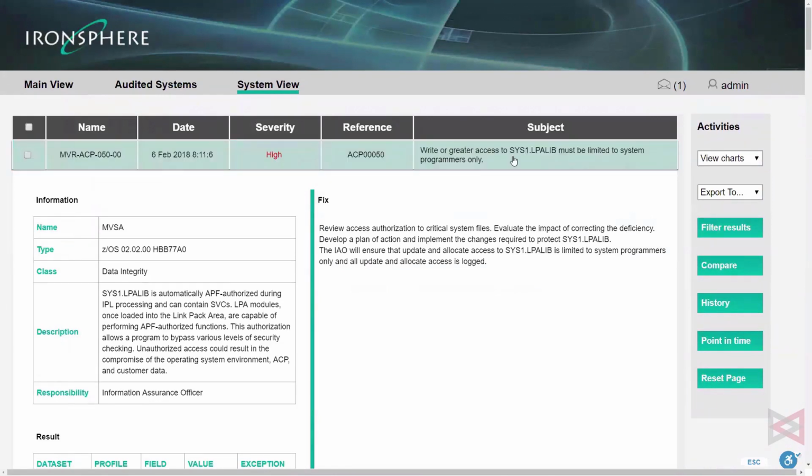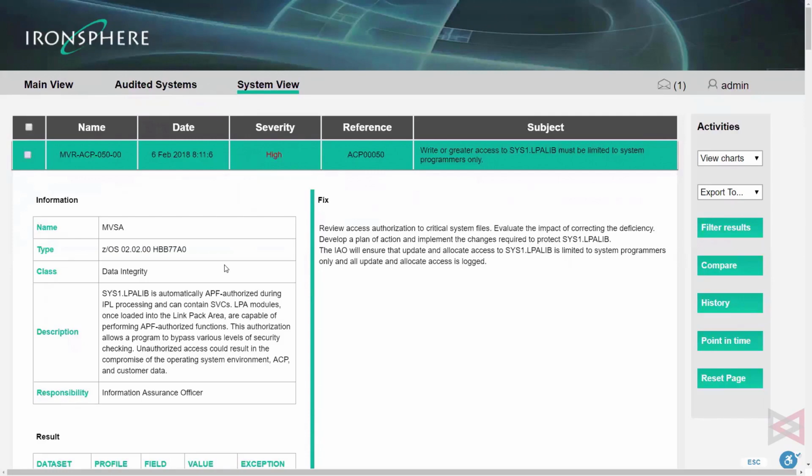So this is the subject, or the title, which came from the STIG document itself, but it's not enough, because most people who are not mainframe users want to understand what is sys1 LPA lib, etc. So there is a description here, again from the STIG document, which explains what it's all about, why it's a risk, the classification of the risk, in this case data integrity, the operating system name and version of the agent, where the agent is running, who is responsible for fixing the finding, and